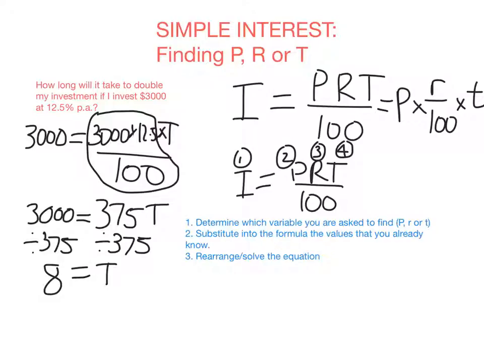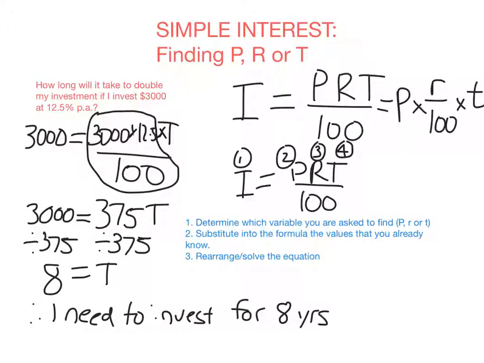But remember, the rate that was given to me originally, 12.5%, is per annum. So T's got to be in the same unit. So this is actually 8 years. So I'll just say, therefore, I need to invest for 8 years. So if I invest $3,000 at 12.5% per annum, after 8 years, I will have earned $3,000 interest. So the total amount I have will be